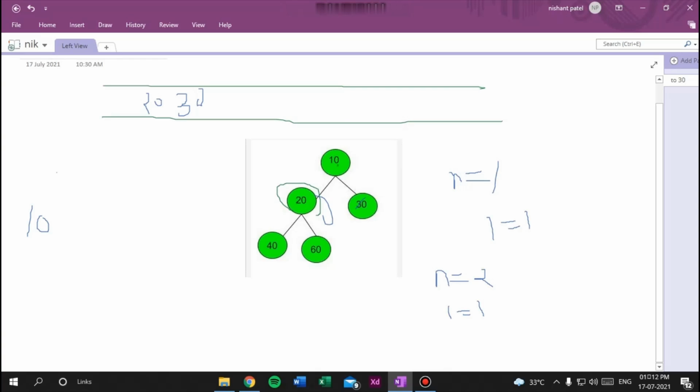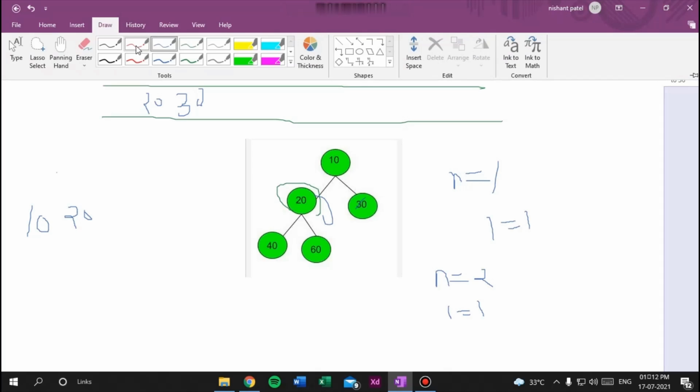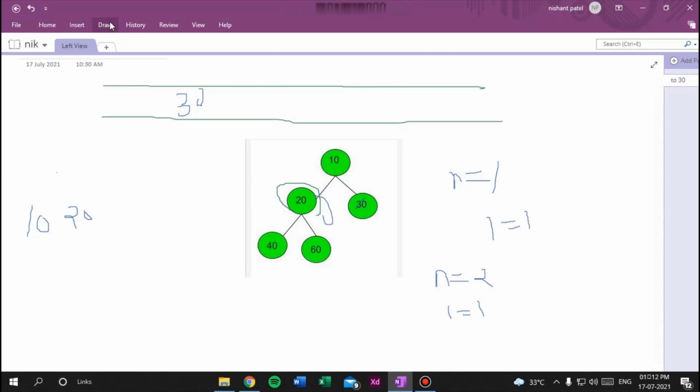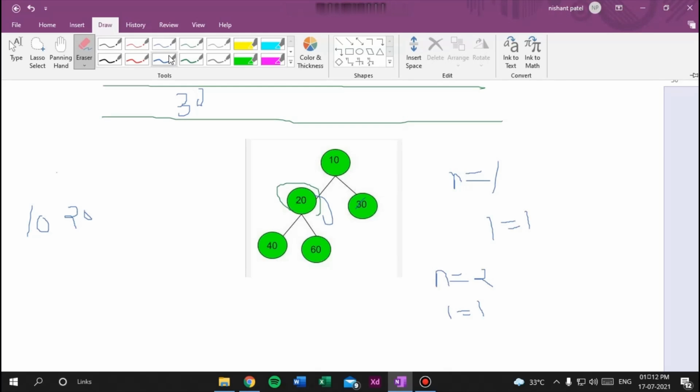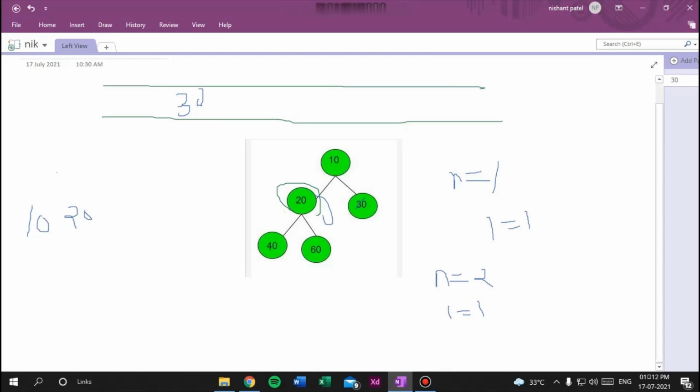So we will print 20, remove it from the queue, and then check whether left and right of 20 are available or not. Yes, so we will add 40 and 60 into the queue.